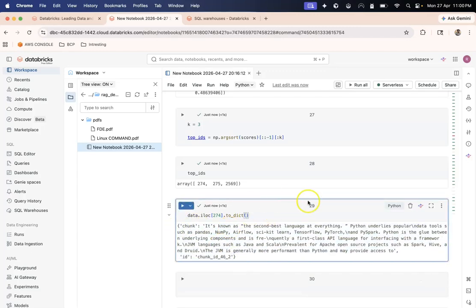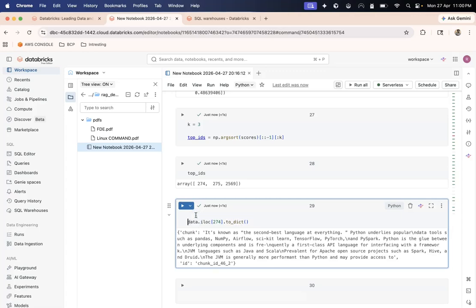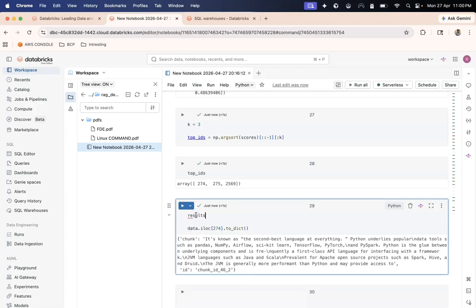Now what I can do is loop through this. I can do something like results, or maybe top matches results. So for i in top IDs, I will take my data and I will take this and append the results into top matches results.